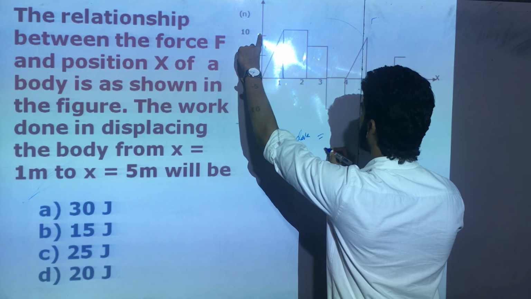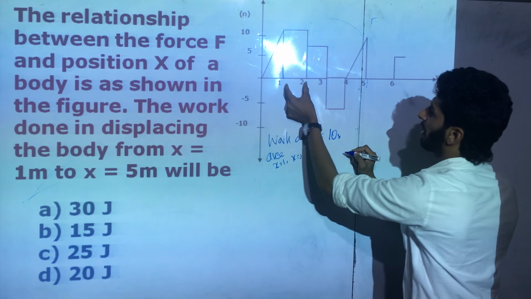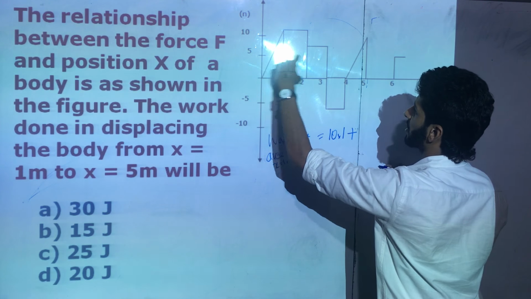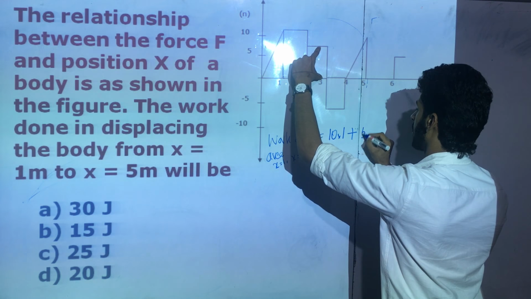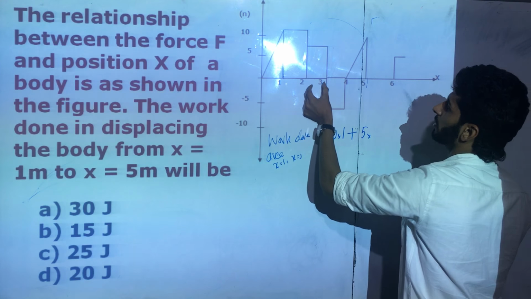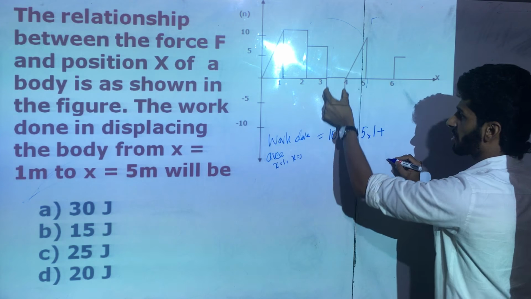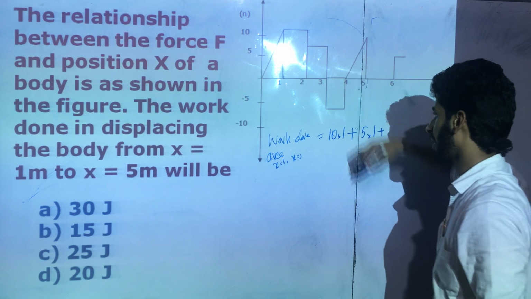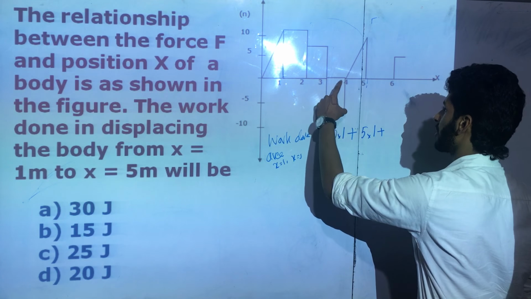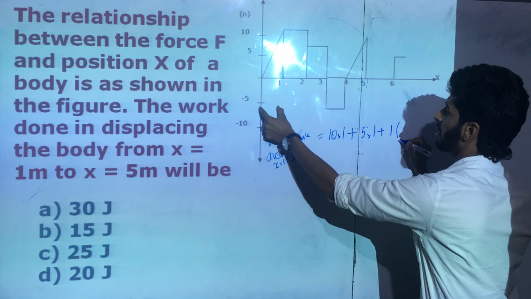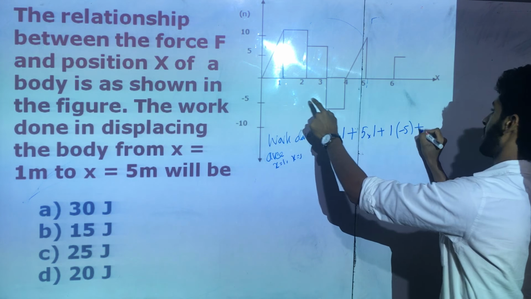Length is 10 times breadth 2 minus 1, which is 1, plus 5 into 3 minus 2, which is 1, plus, here the force is negative, so 4 minus 3 is 1 into minus 5, plus